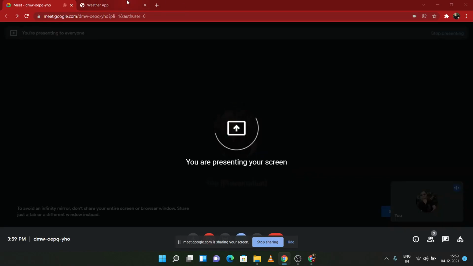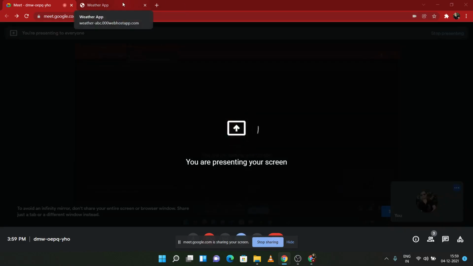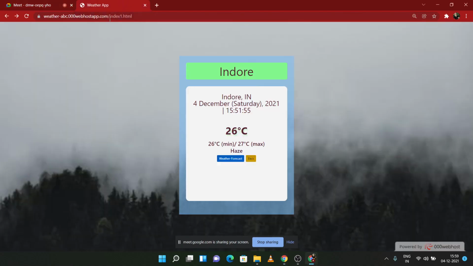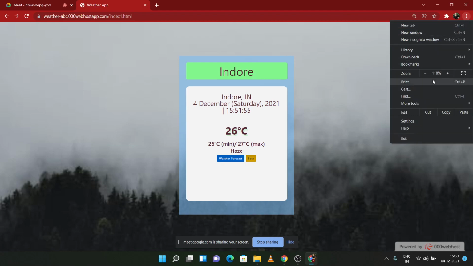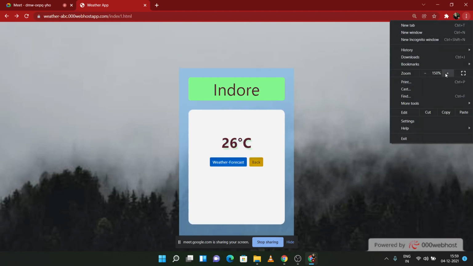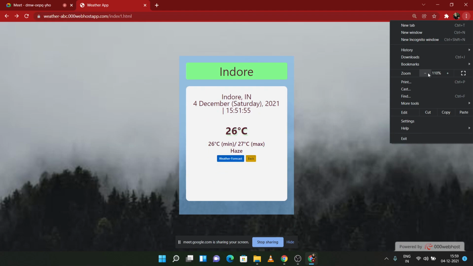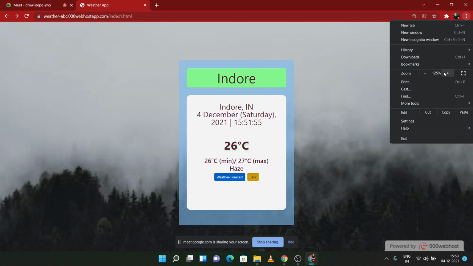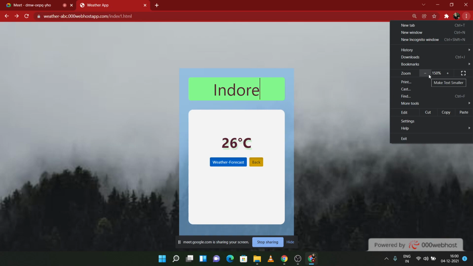Hello. So now let us talk about the functionality of the app. The first functionality that we have implemented is Bootstrap. We have used Bootstrap to make our app responsive. So when the user zooms in, the useless information which is not needed is hidden, and when the user zooms out, all the information is displayed in the app. So our app is responsive, meaning it can be opened on mobile as well as Windows. The information which is useless is hidden.